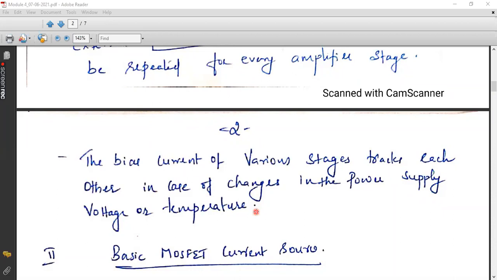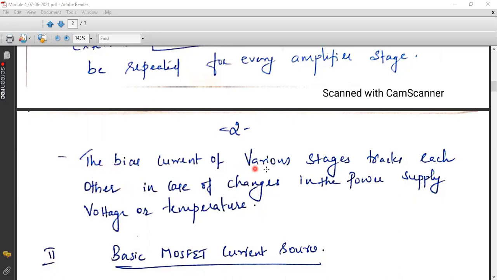So we can fix the Q point in a common way, because if we can fix the Q point for one stage, it will automatically reflect in the other stages of the IC also, because all the stages are commonly tracked by using a single reference current. Once you generate a reference current, from that reference current only we are steering the adequate current to other parts of the IC. That is what is mentioned here.